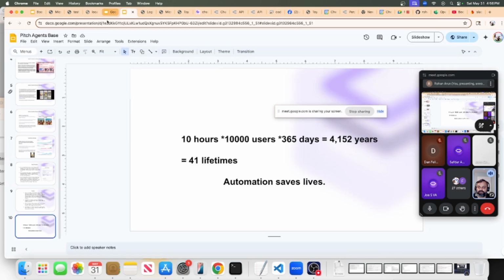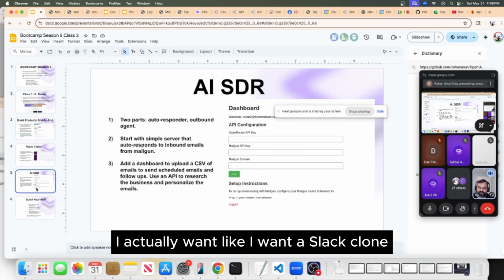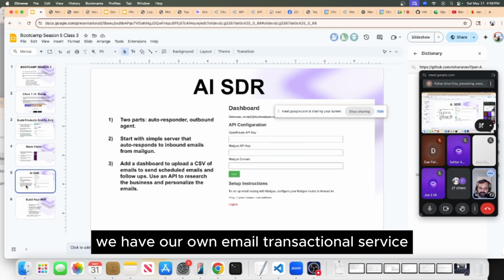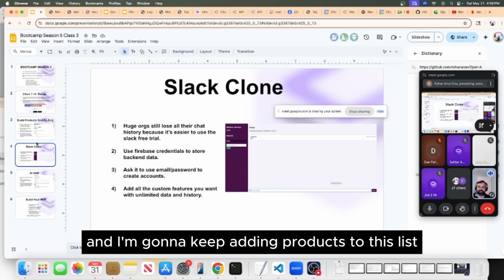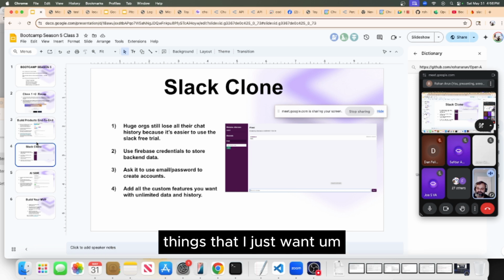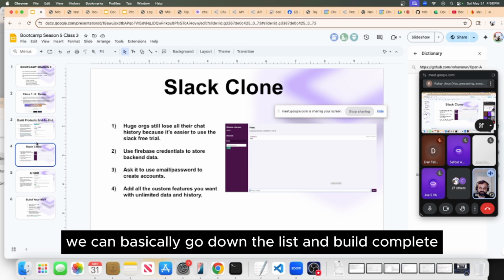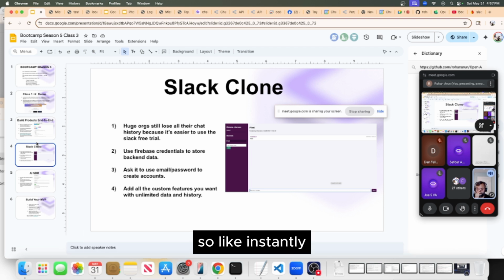Some of all the tools that we added to this are things I actually want. Like I want a Slack clone, I want an AI SDR. We have our own email transactional service, but we can probably make it better. And I'm going to keep adding products to this list, things that I just want to start with. But then whatever people want next, we can basically go down the list and build complete open free versions of these that you can copy. So like instantly,